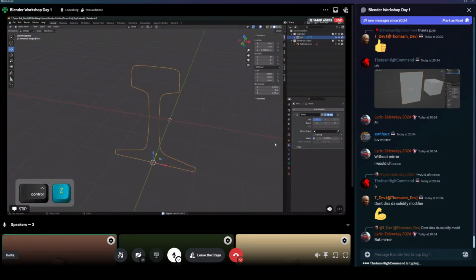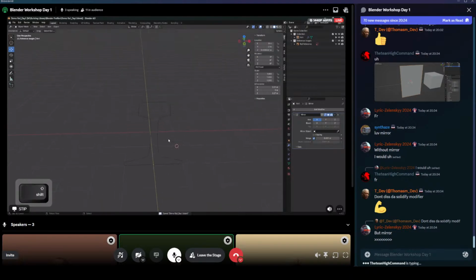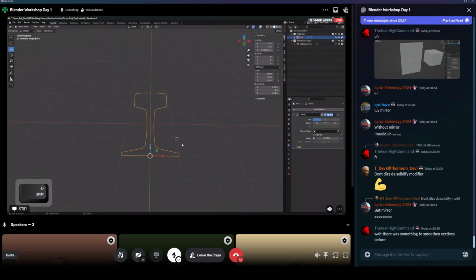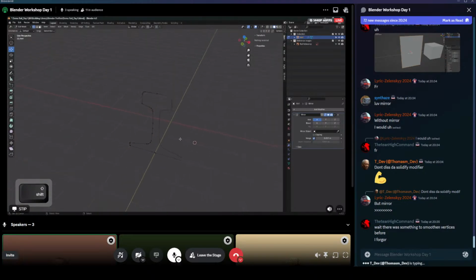You can just avoid applying the modifier until last, in case you change something on one side and then you have to change it on the other side. That just becomes a pain. Absolutely. So in this case, I'm just gonna press tab again, get back into edit mode, press A, and then